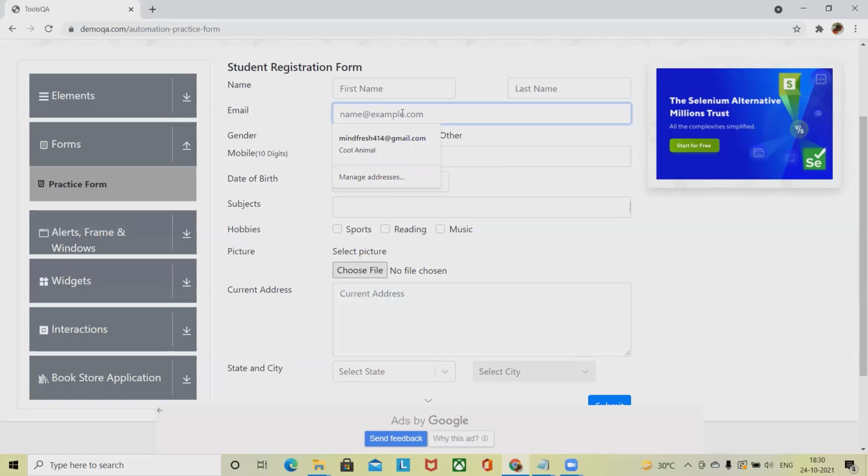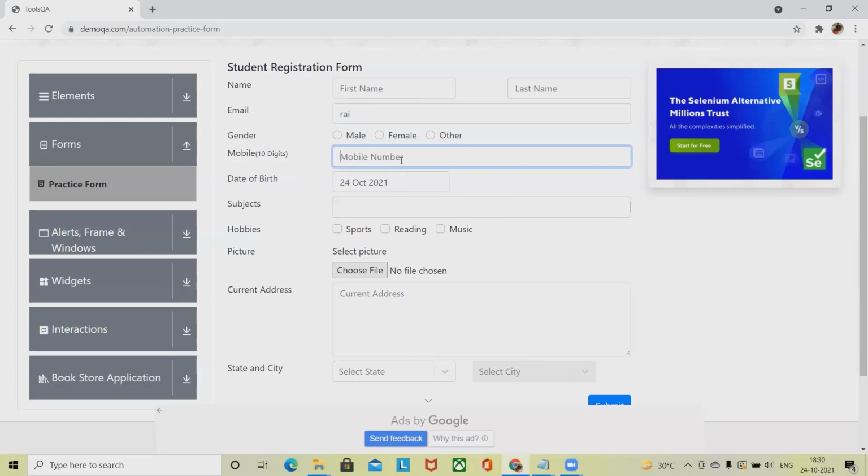Then the email section should have the proper format. If I enter just text and click on submit, that should not be accepted, because an email has the at-the-rate symbol and the domain name, .com. So this is the structure we have to follow. Then gender should accept any of these options because this is a radio button, so it should be clickable.